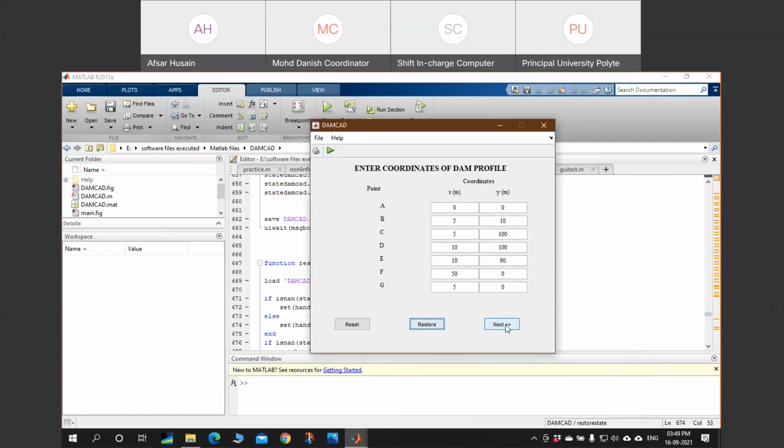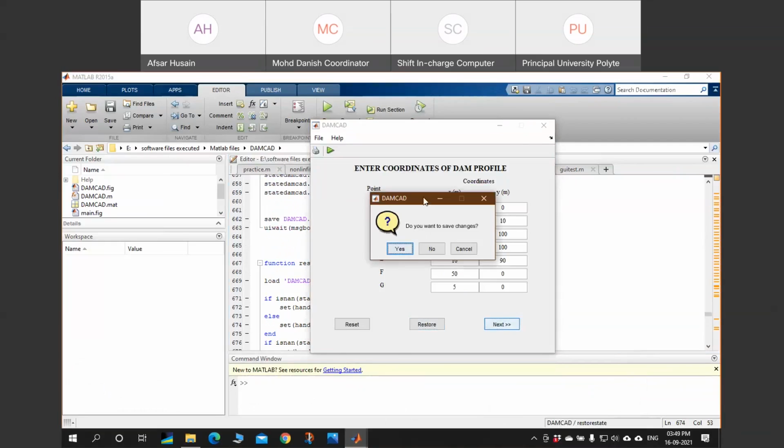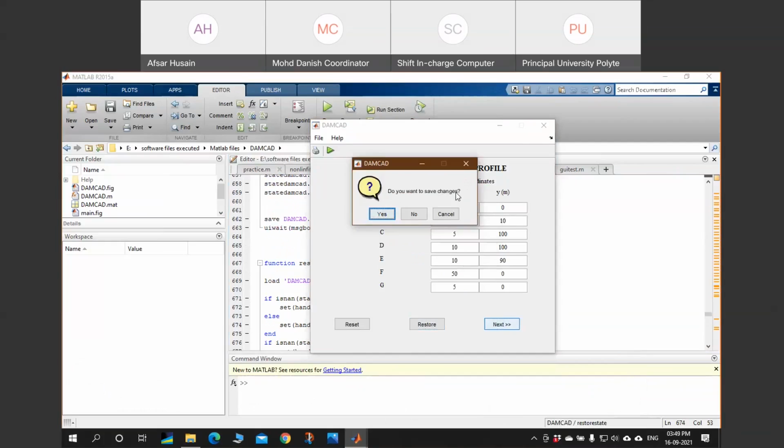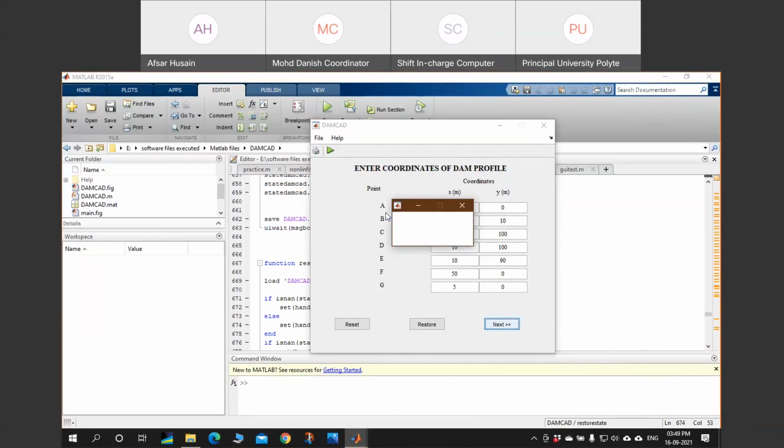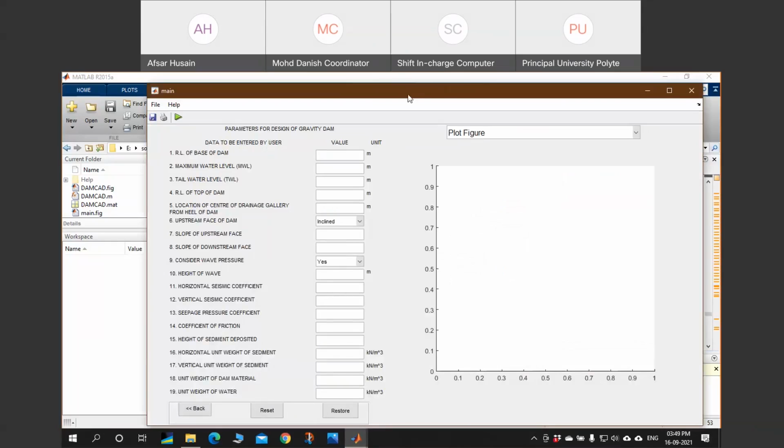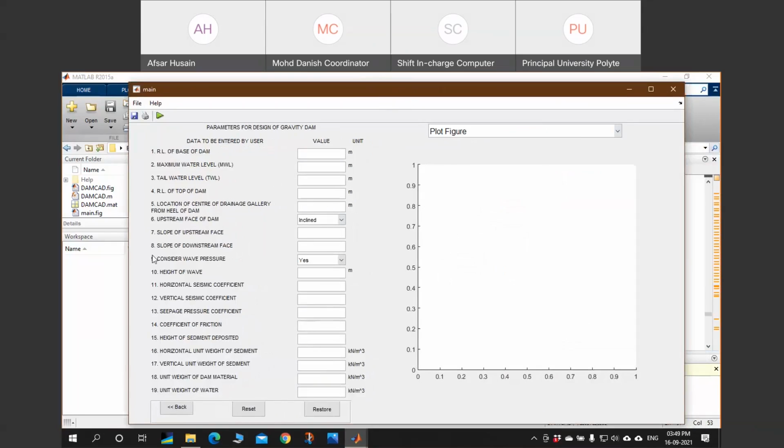So what will happen when I click next? Suppose I click next. It asks me, do you want to save changes? If I want to save changes, I press yes, and it will go back to the function and switch accordingly. If I press no or cancel, it will switch the conditional statement accordingly. Suppose I press yes, let's see what happens. It is saving the data. And if I press OK, it moves to the next page. So this is another page that I have created.